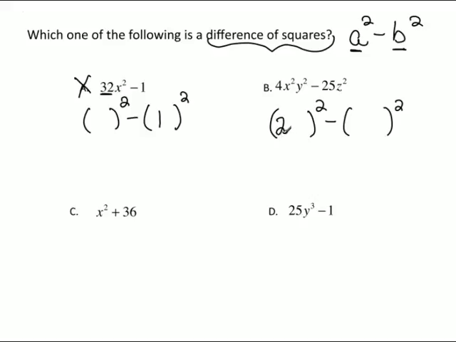So 2 times 2 gives us a 4. X times x gives us x squared. Y times y gives us y squared. And then for this term, we can go 5 times 5 gives us 25, and z times z gives us z squared. So this one works. If we look at this one here,